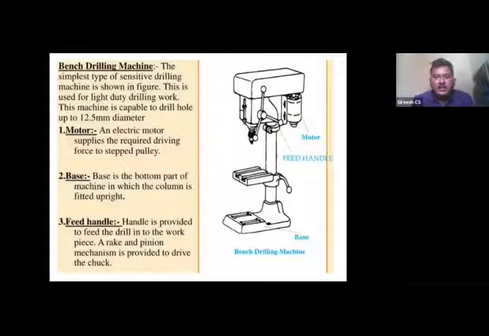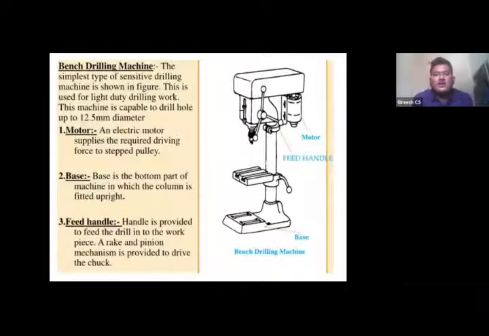So the tool will move into the depth of the hole. Okay, that feel you can get, because here also you will give the feed manually. You will be having a feed handle. You see, 3 arms are provided in the feed handle. Manual feed is given, so that you can sense the drilling operation. That's why it is called a sensitive drilling machine.